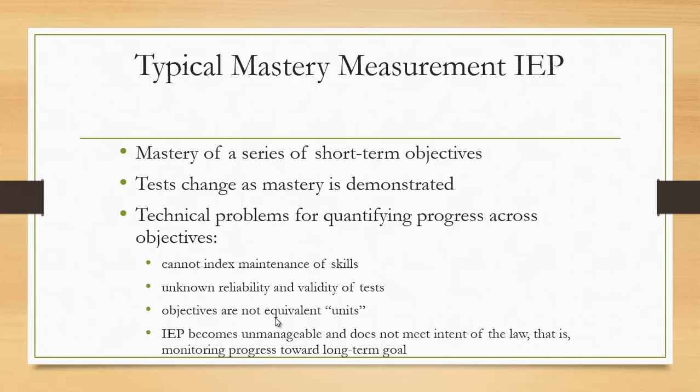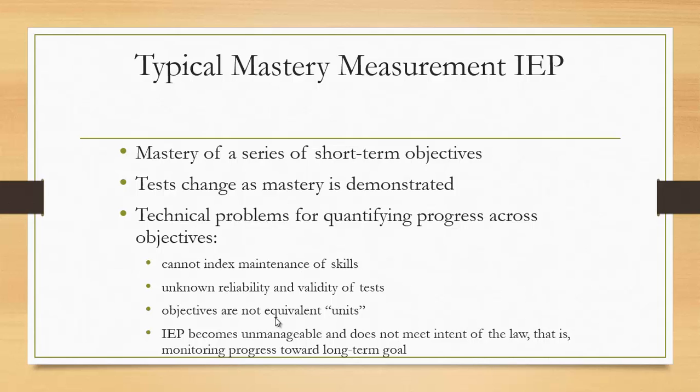And what this means is when we're measuring growth for, let's say, math, we have many different skills that we're measuring. We're measuring computation skills, we're measuring fluency, and we're measuring problem-solving ability. And when we look across the multiple tests that we could administer to determine whether or not they're making progress, they're not equivalent units. One test might have a standard score of 50. Another test might have standard scores in the 500s. And so to be able to compare those across assessments, we can't really see whether or not they're making adequate